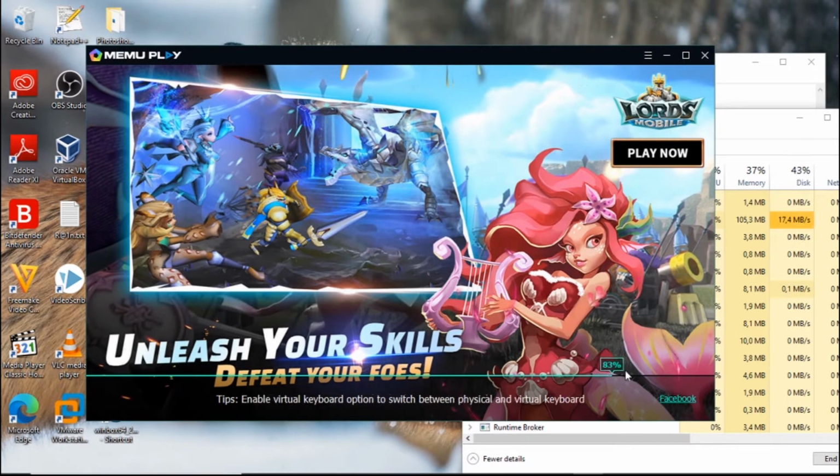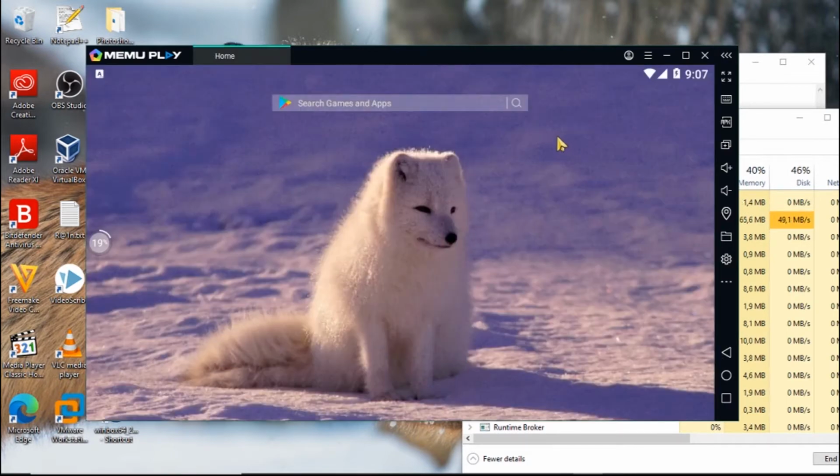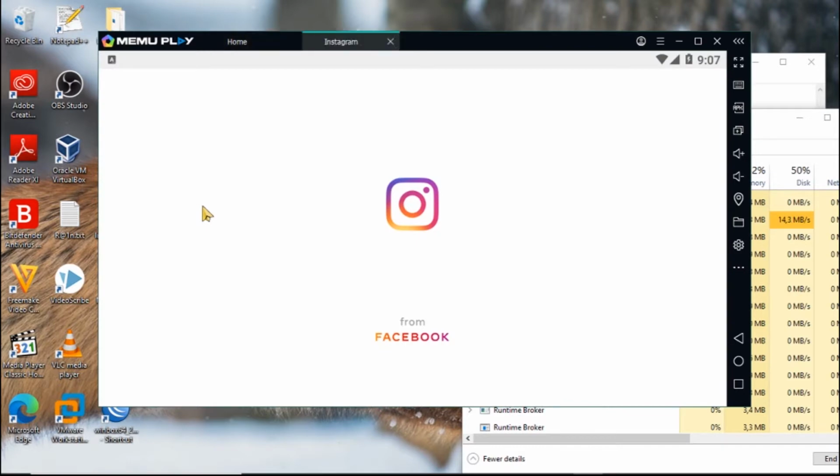Yeah, actually this Memupy is an emulator to play games or something else, like we play Android applications through the PC. I already tried and logged in with Play Store and downloaded Instagram as well, but the problem with this application is I cannot log in. I don't know why, but I will show you.